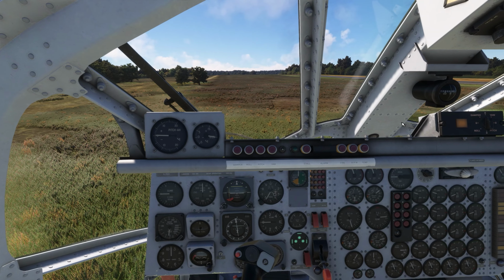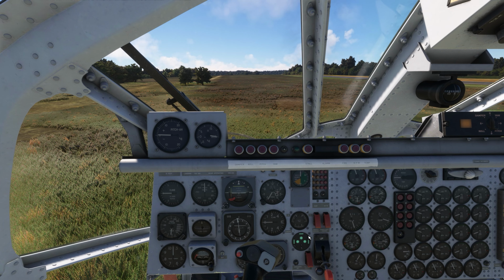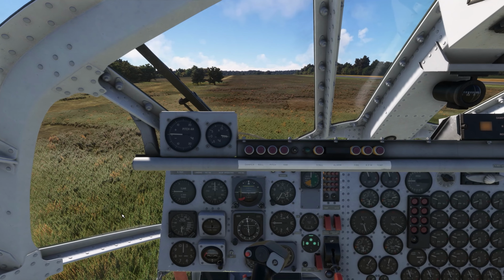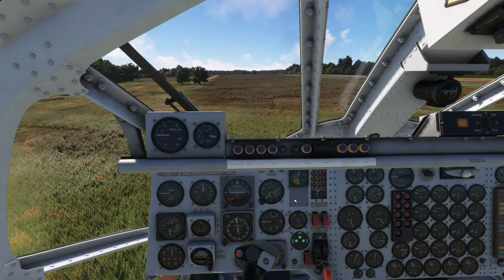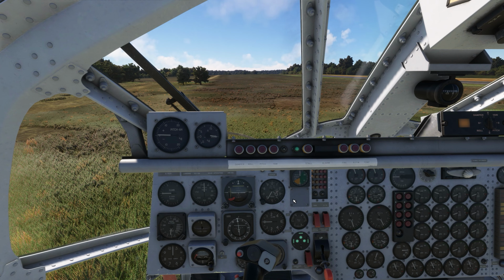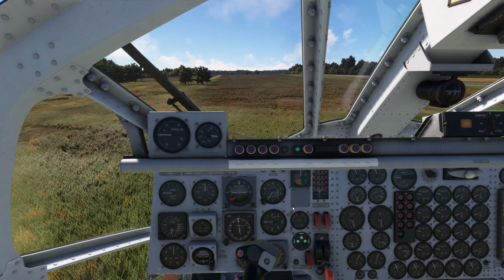Okay, so this runway is about 3,200 feet, and this thing is kind of big and lumbering, and it would not be able to get up in the air in time. I tried it if we did not have the kind of vertical takeoff capabilities with this. So without going into too many details about how that works, the first thing you have to do is just push this, I think it's called a co-pilot assist button, and that will get those engines on the wingtips fired